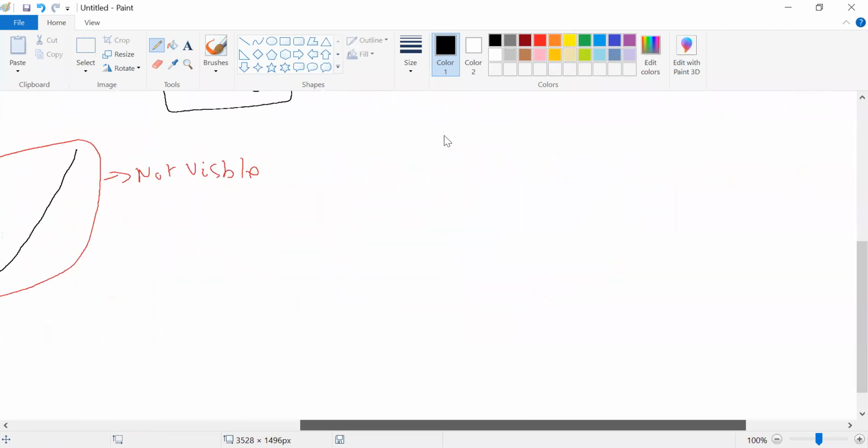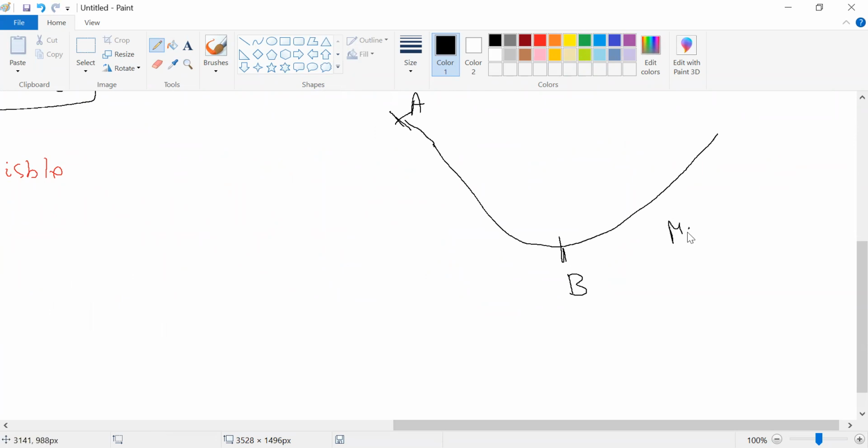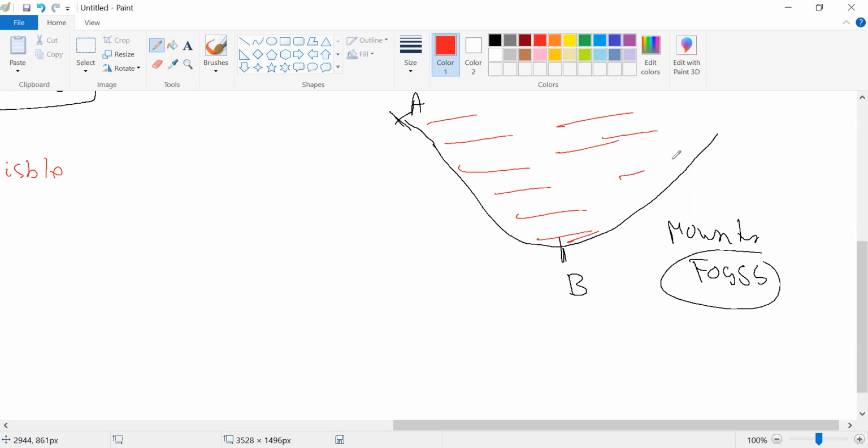इसको कुछ ऐसा समझो, suppose तुम एक mountain से उतर रहे हो. You are climbing down a mountain. तुम point number A पे हो and you want to reach the point number B. And this is a mountain. And imagine it is very foggy. So if it is foggy, then this entire portion is not visible to you. तुम्हें दिखता नहीं है. You cannot see where exactly the point B is and how far the point B is.